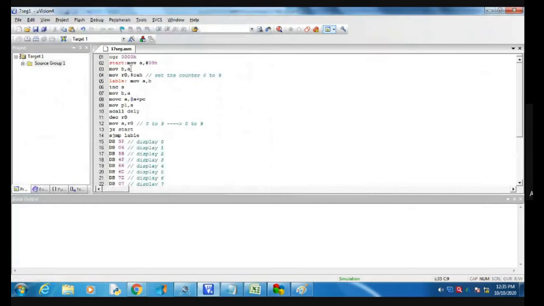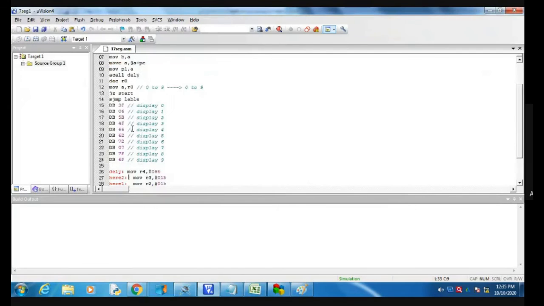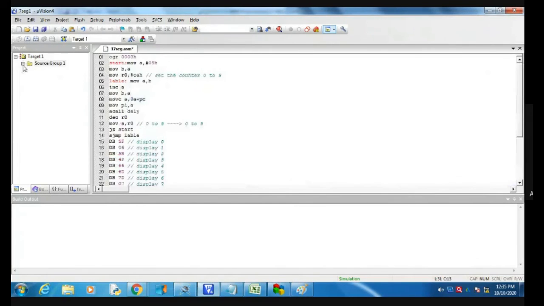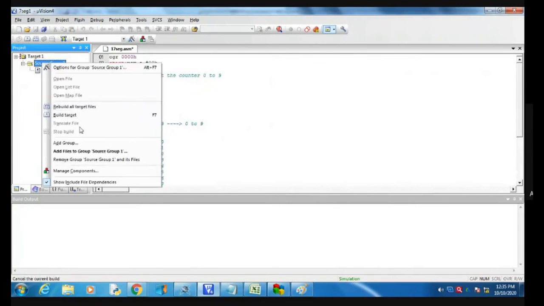If there is any typing mistake, then we have to remove that typing mistake. Okay. RET is correct. Then we have to add this into my project.